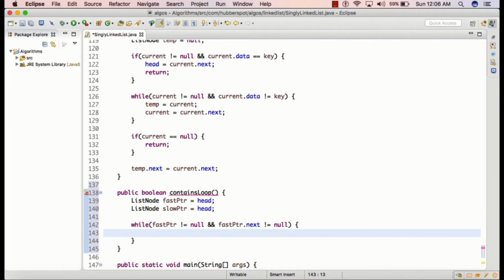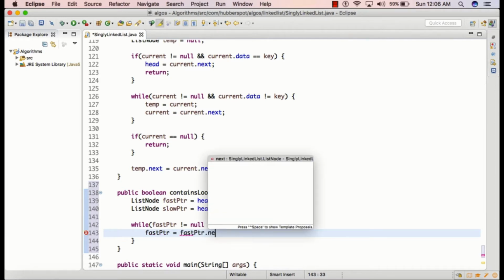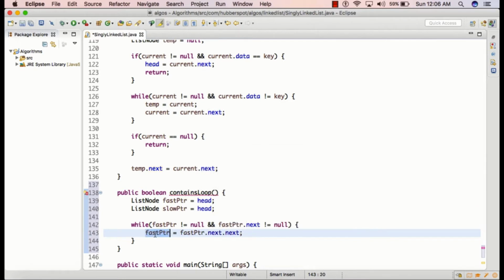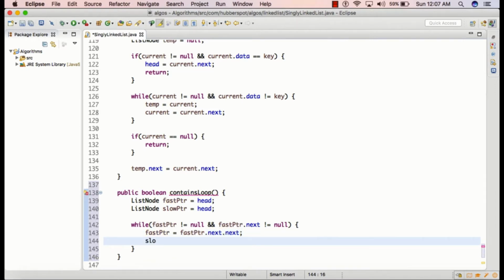And in the while loop, we'll traverse fast pointer by 2 positions. So we are simply assigning fast pointer next to next value to fast pointer. And then we are simply traversing slow pointer by 1 position.